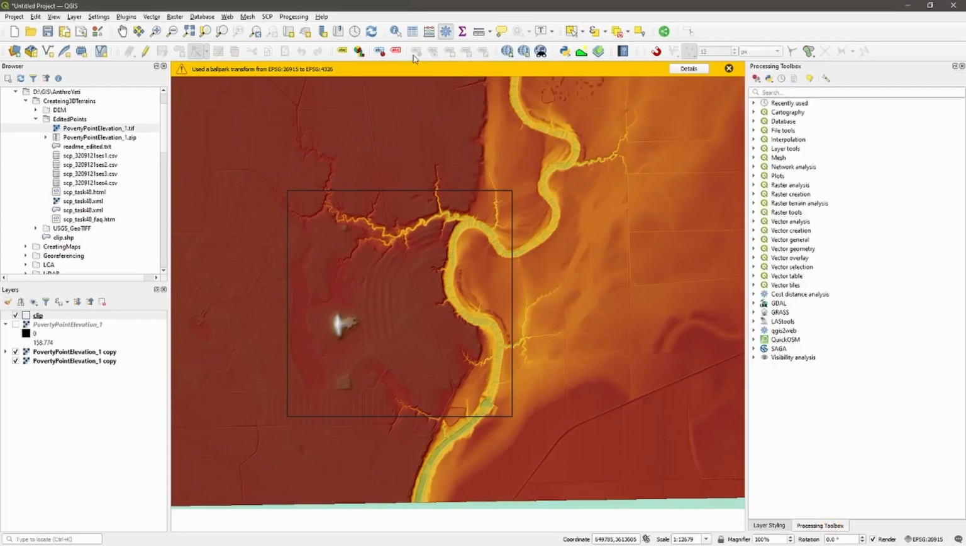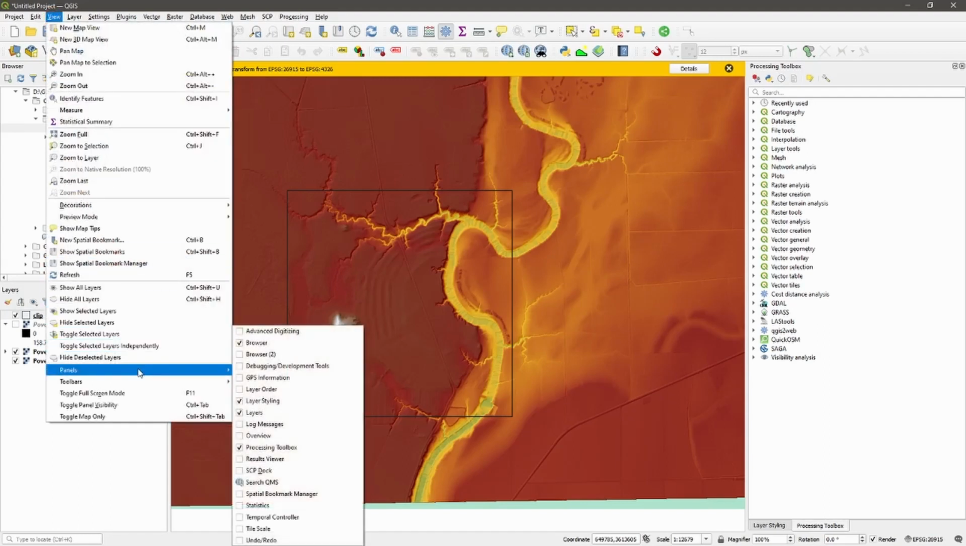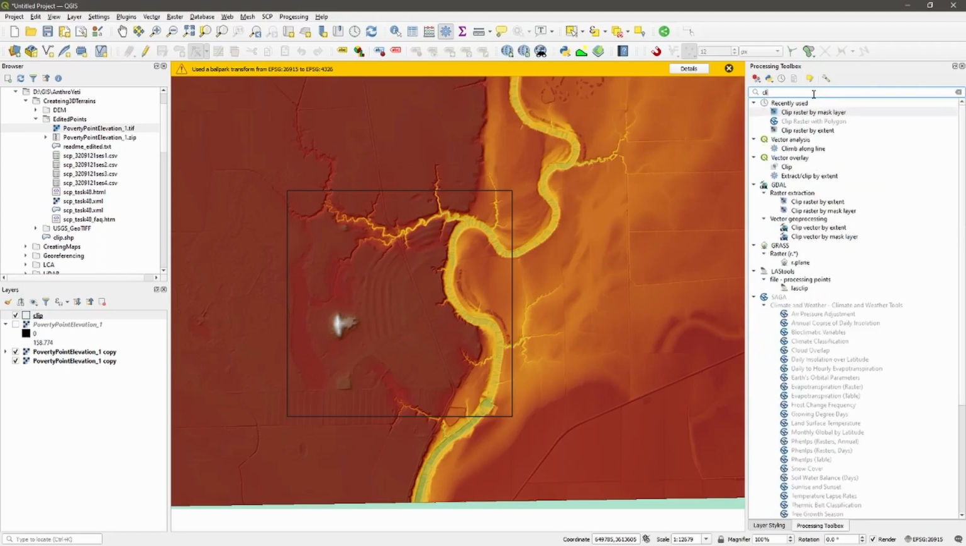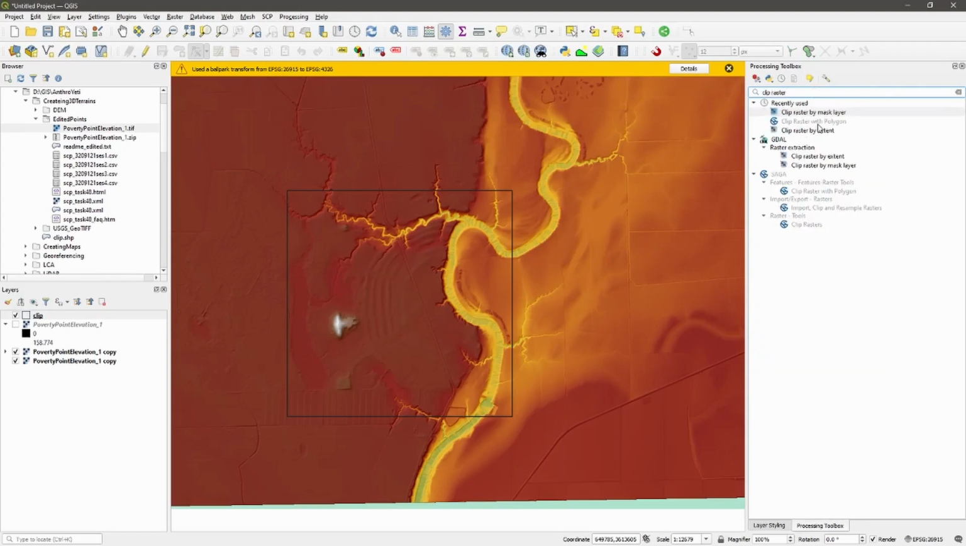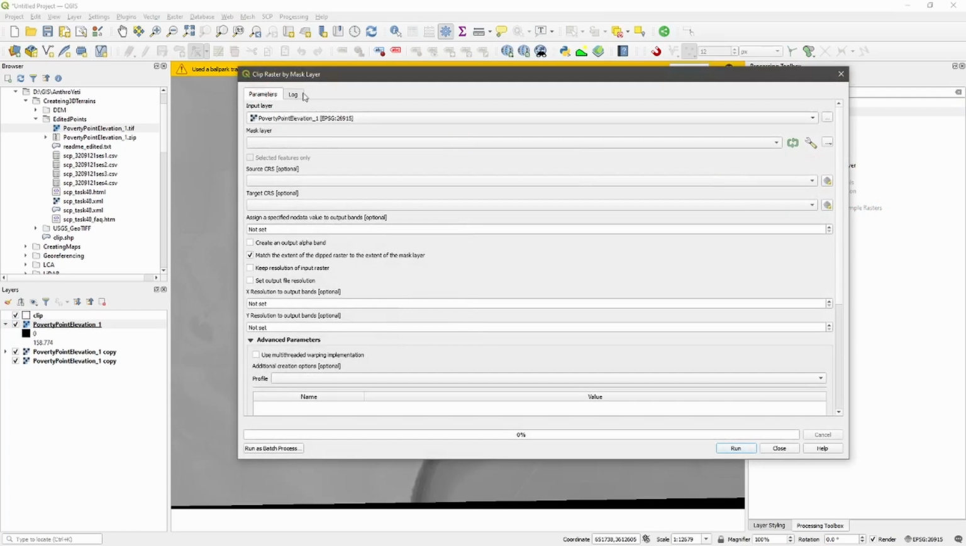So if you don't see this processing toolbox down here, you can go to View, Panels, Processing Toolbox, and that'll display it. And this is a really nifty and quick way to just find the tools because we're looking for clip a raster by a mask layer. And so let's go ahead and turn on our original layer, double click to open this clip raster by mask